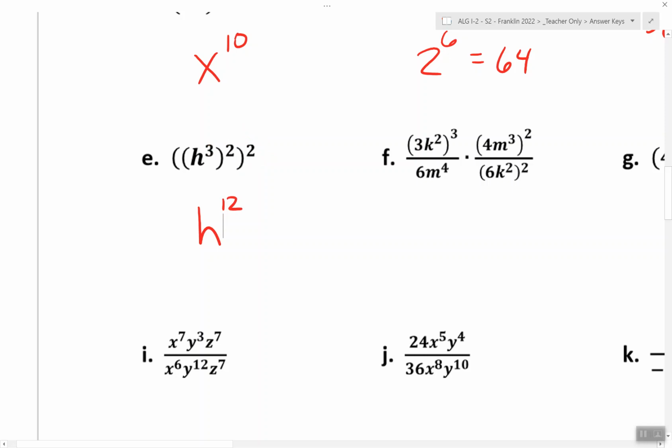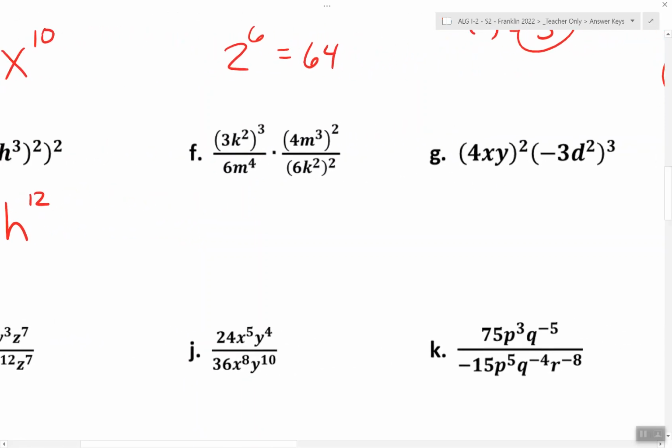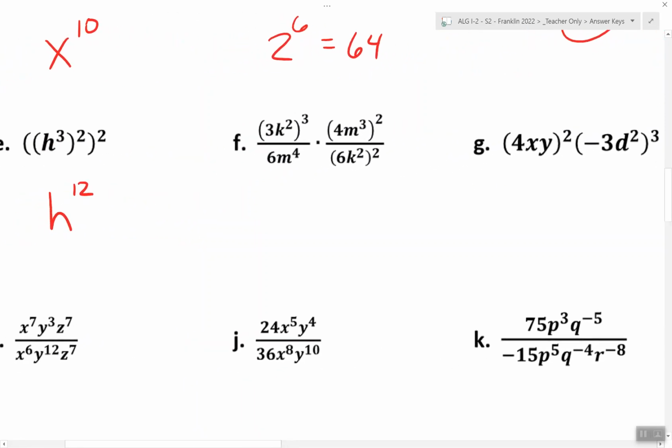Getting a little more complicated here, we'll have to do some simplifying first before we try to do the operation. So take care of the exponents first, right? On the top here we have (3k squared) to the third power. Well, so 3 cubed, 3 times 3 times 3 is 27. K squared cubed, 2 times 3, that's 6. So 27k to the 6th over 6m to the 4th